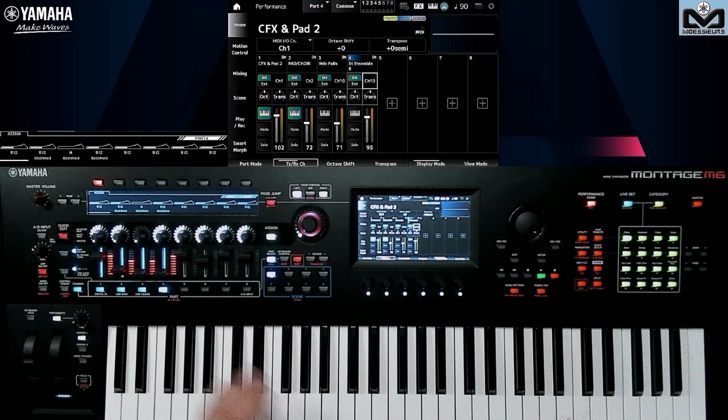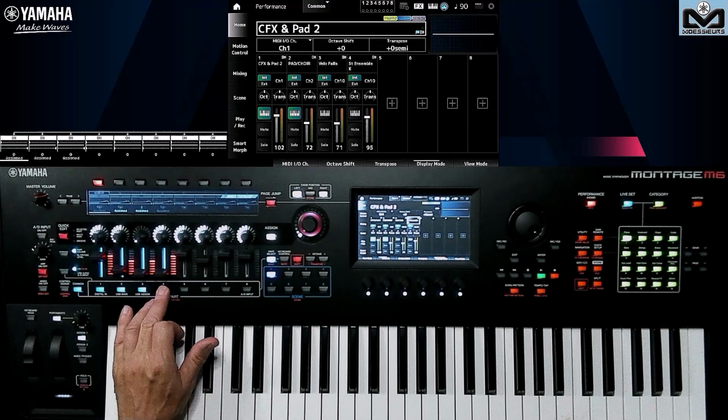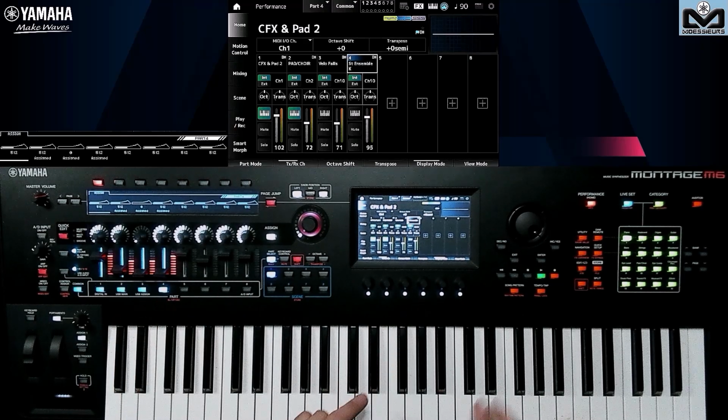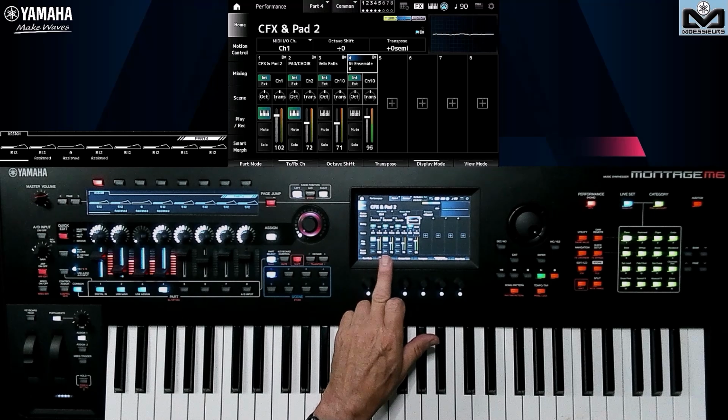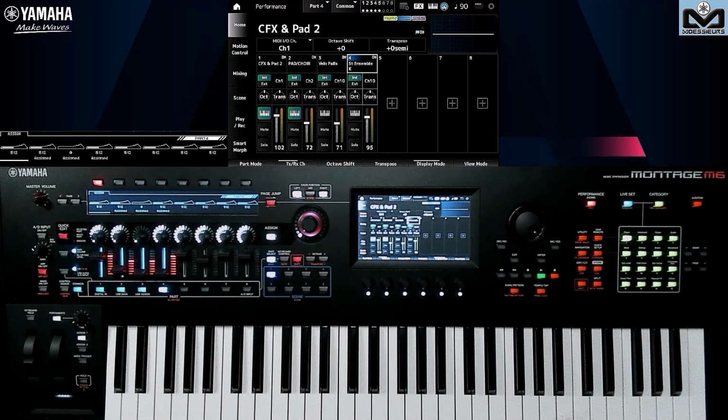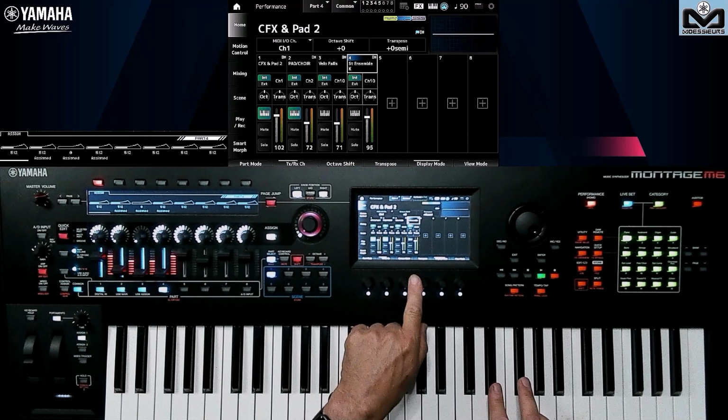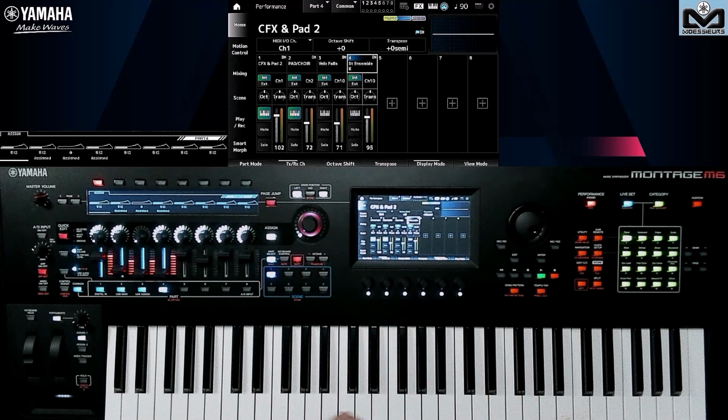If you need to edit it, instead of being in common, you take it here with the button there. I'm selecting this part. As you can see, I no longer play the other parts, because I've selected this part, which is out of keyboard control. So specifically, I only play this part. You can use this to make a solo too, for example.